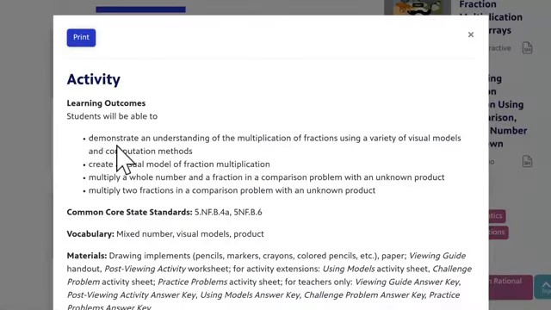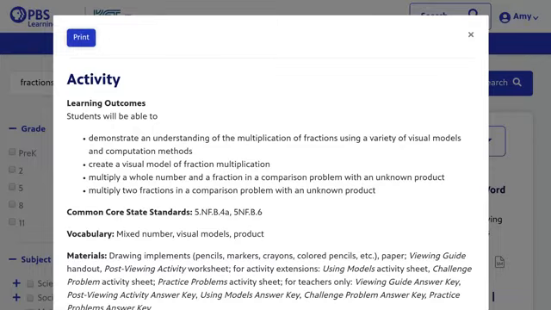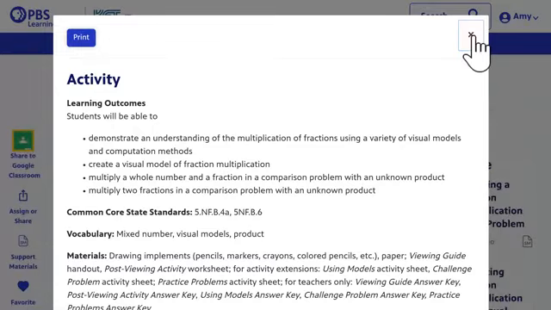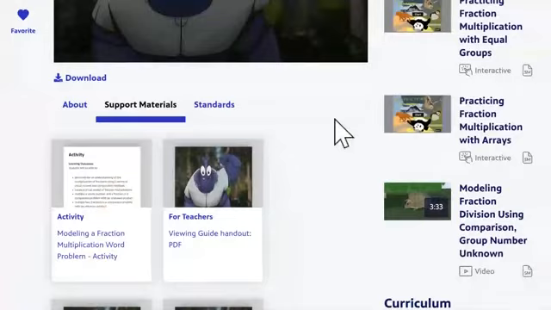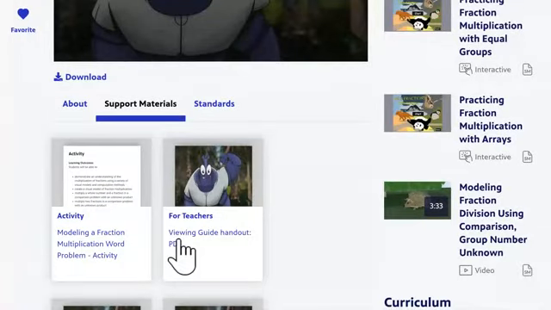This is the learning objectives and outcomes. Oops, went back too far. And this is a viewing guide handout that they can watch and answer the questions.